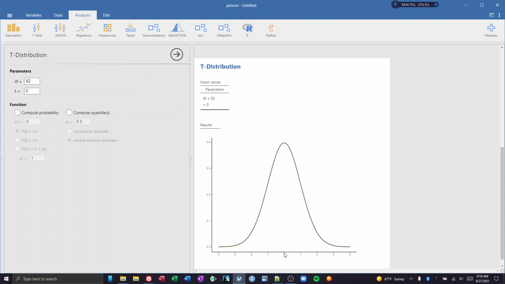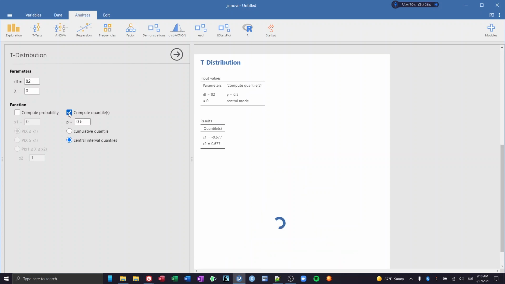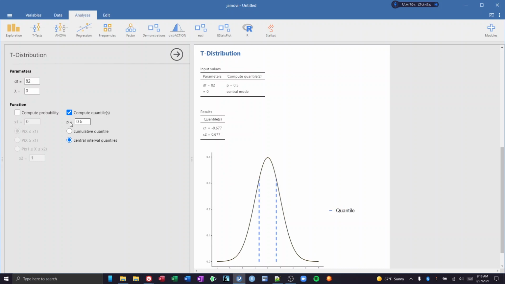So what we're going to do with this confidence interval is give a range, a net of where we think this true mean is actually located. In order to do that, we need to know how many standard deviations above or below we actually want to go. That is where this critical t is going to tell us what to do. So I'm going to compute these quantiles real quick. And this p is going to give us this middle range of where we think this quantile is going to be. So I am going to put in here